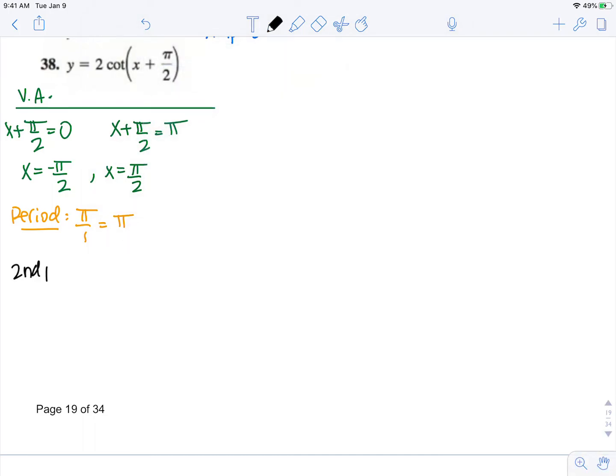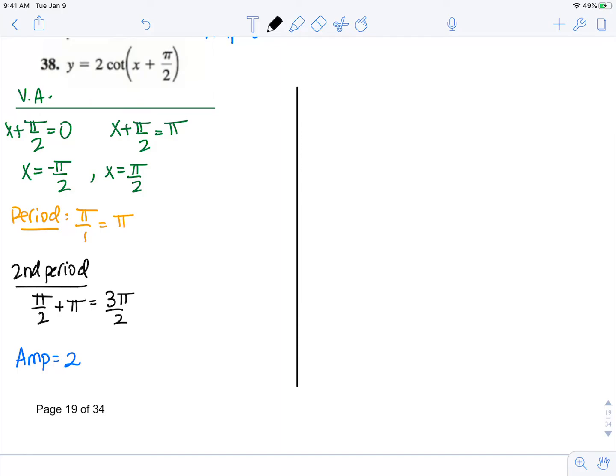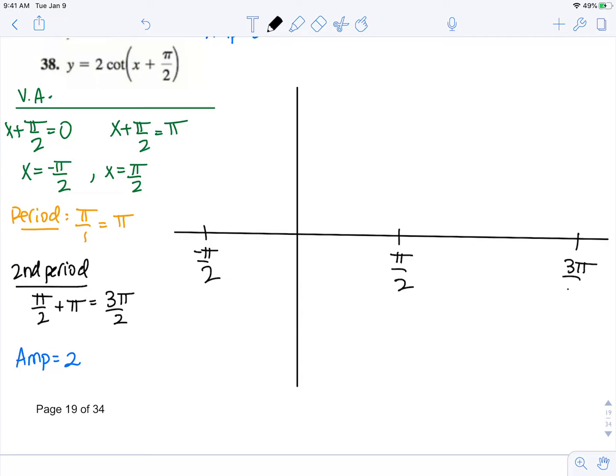So that means the end of my second period is going to be pi over 2 plus pi, which is 3 pi over 2. And we see that our amplitude is 2. So we should be able to set up our axis now for our two periods. So this is going to be negative pi over 2, pi over 2, 3 pi over 2,